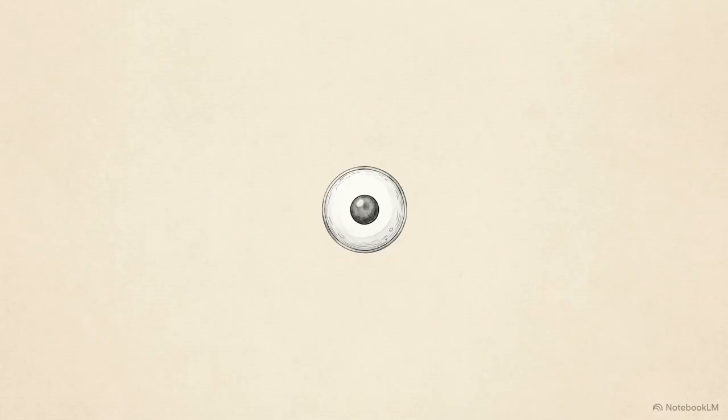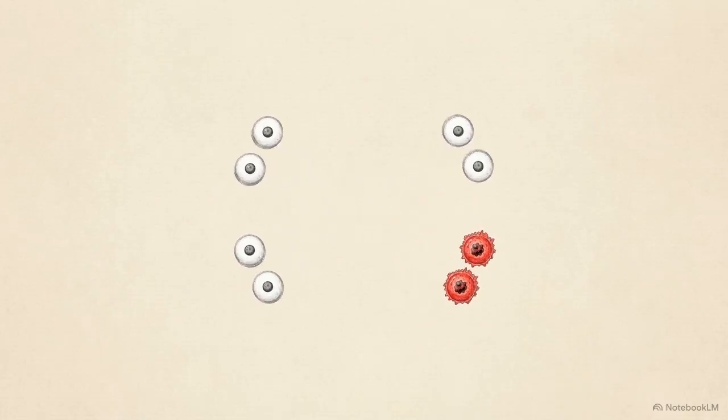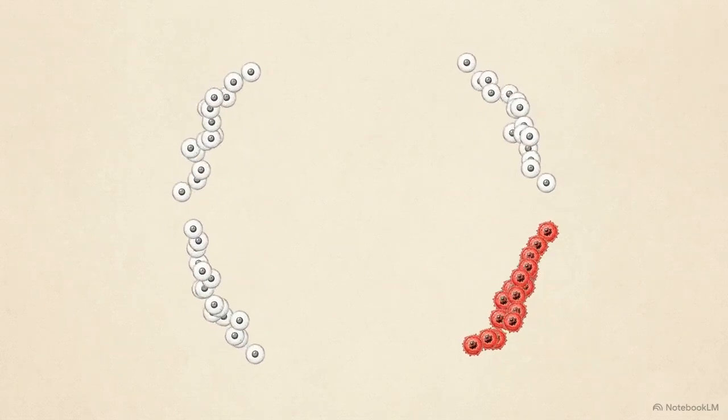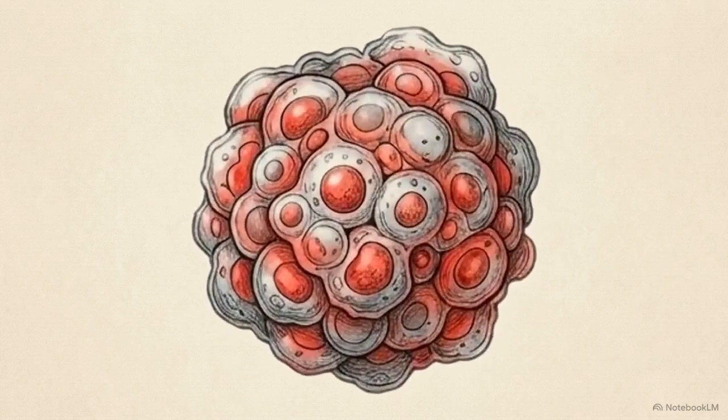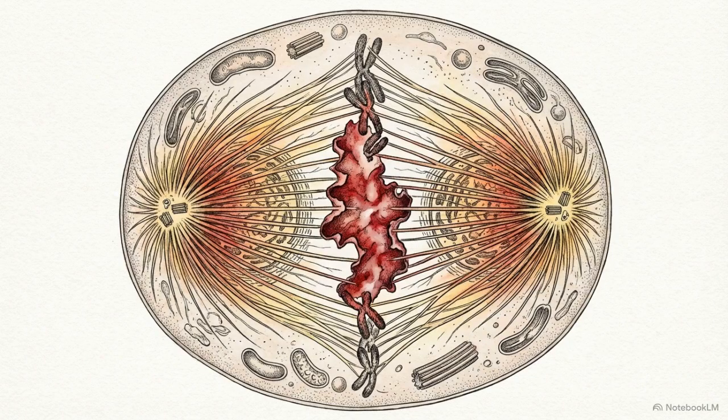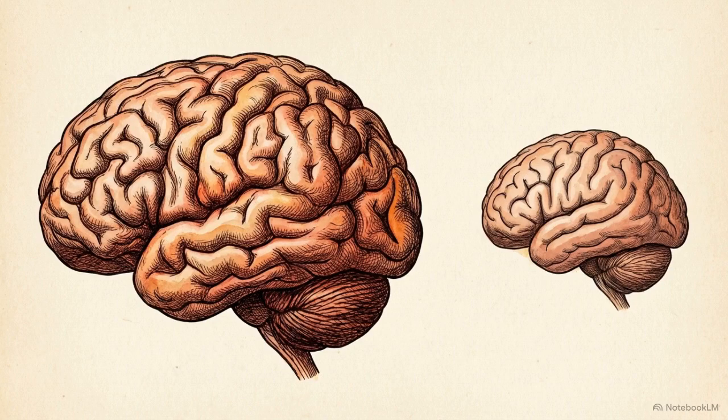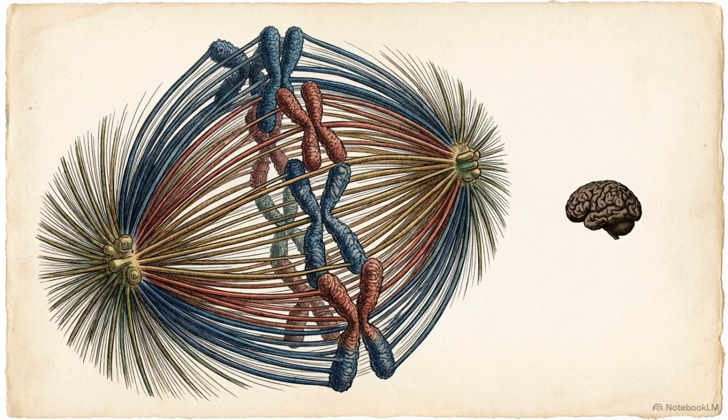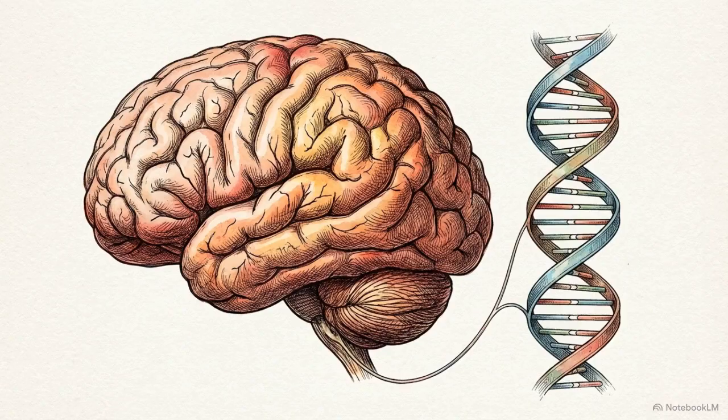Because the macroscopic structure relies heavily on genetic precision, a single point of failure at the cellular level cascades into severe anatomical anomalies. A mutation in the ASPM gene, which regulates mitotic spindle function during cell division, halts typical development. The resulting condition is microcephaly, characterized by a severely reduced brain size and distorted structural organization. An error at the scale of a single mitotic protein disrupts the scaling of the entire organ. To understand the brain's form, analysis must begin at the genetic level.